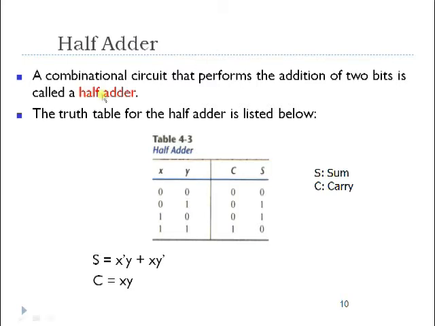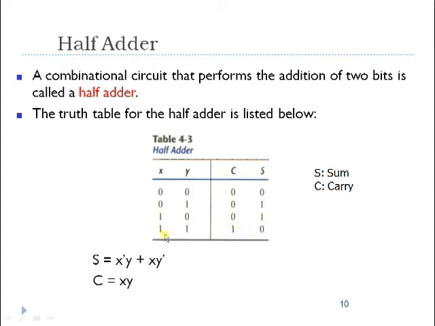Now here, there would be two inputs, and you'll get two outputs, called carry and sum. This is the truth table of the half adder circuit. With two inputs you get 4 combinations: 0 0, 0 1, 1 0 and 1 1. If 0 is added with 0, then carry is 0 and sum is 0. If 0 is added with 1, then carry is 0, sum is 1. If 1 is added with 0, then carry is 0 and sum is 1. If 1 is added with 1, then you'll get carry as 1 and sum as 0.